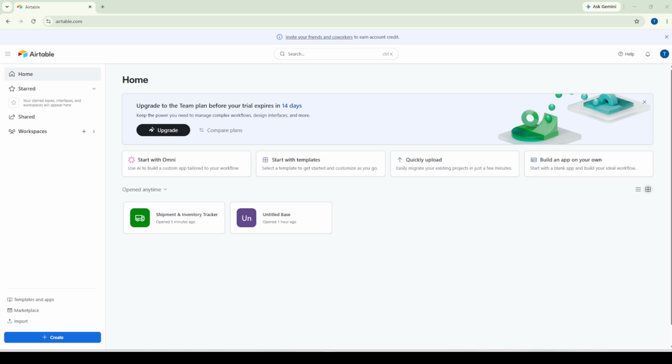In this complete guide, you'll learn exactly how to enable dark mode in Airtable using the native web app method. Airtable is one of the most flexible database and project management tools out there, but if you spend hours staring at a bright white interface, your eyes can really start to strain. Switching to a dark theme can make a world of difference, especially if you work late at night or in